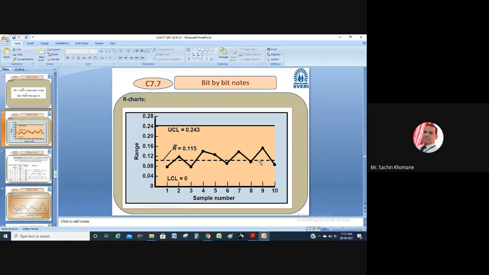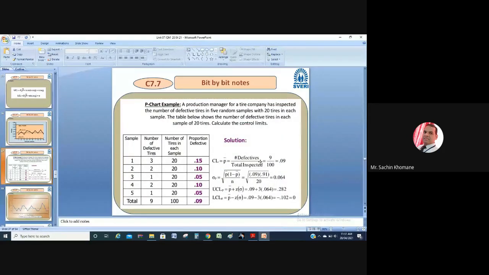Done. Have you drawn this? Okay. So with this, variable control charts are over. So now another thing we have to discuss, that is the attribute type of control chart. Okay. So in an attribute control chart, we are not considering the parameters or variables. We are considering the attributes. So in the P chart, generally people consider the attribute like how many components were defective from that particular sample.